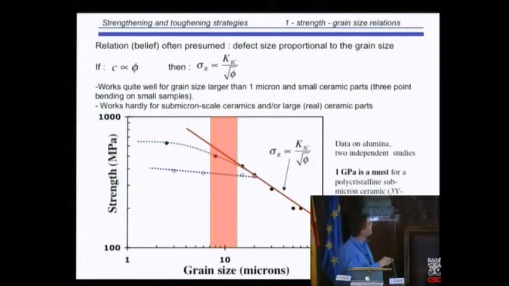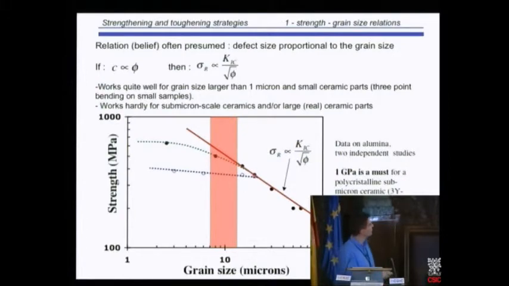So if this equation works, we should have on a log scale a straight line. And the slope should be minus 1 upon 2. It works for large grain size, larger than a few microns, for these